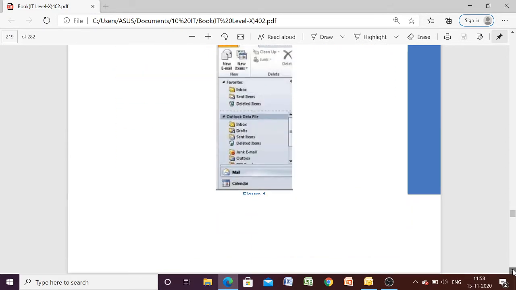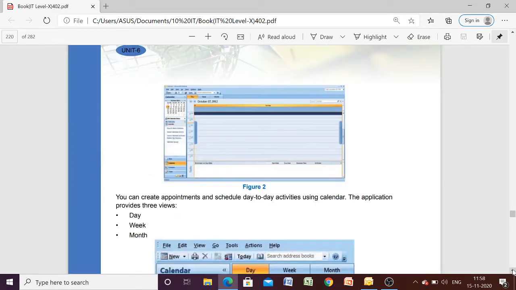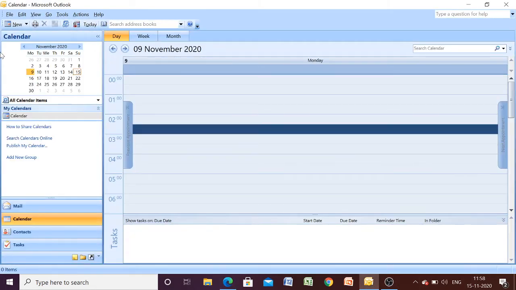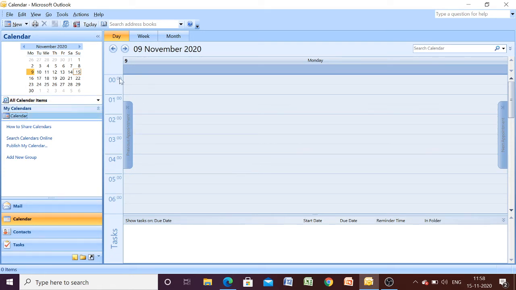Okay, so when we are discussing about working with calendar, here we have opened our Microsoft Outlook. You can see here we are having option of calendar. When you click on calendar, you will have the appearance like this one. Here you can see that calendar can be viewed in 3 different views.